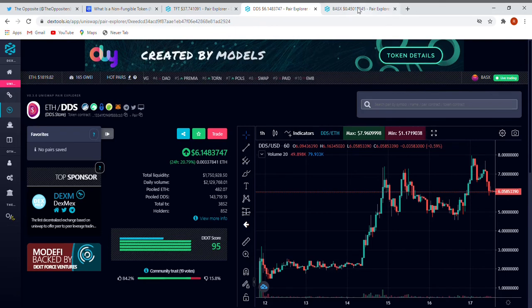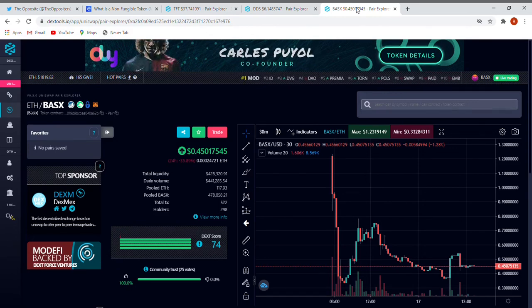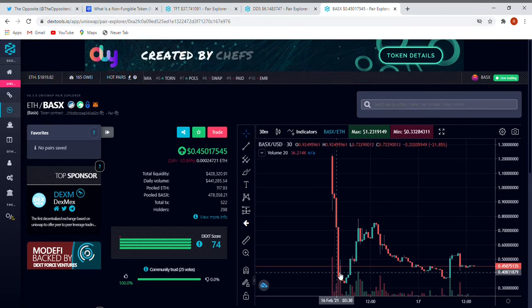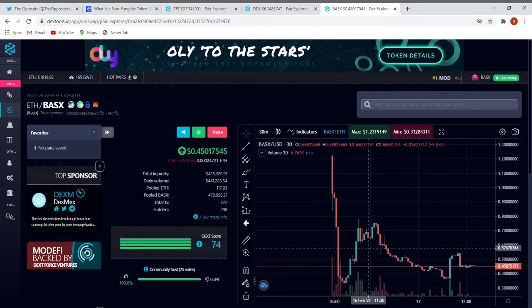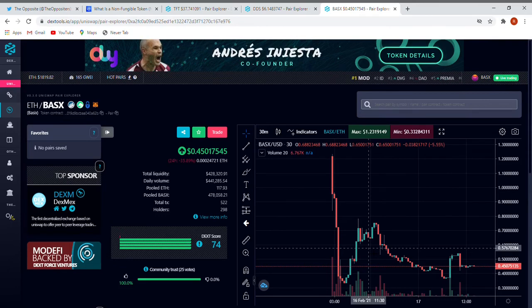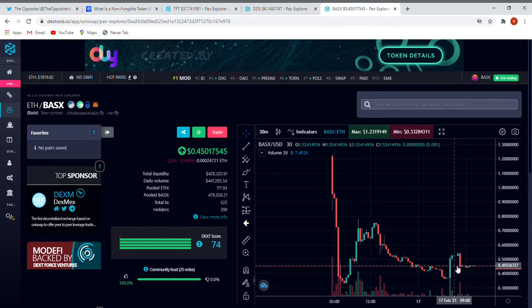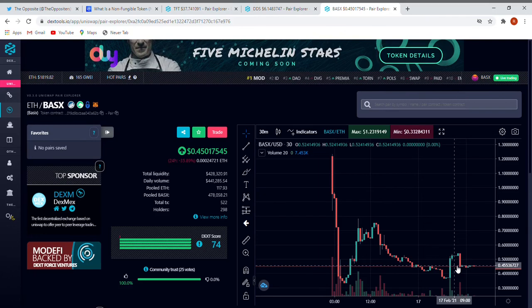This is not only pretty new, this is absolutely new. Started launch not even 24 hours ago. So very nice, pretty good. They had a rundown, so a big sell off right at the start, but like you can see, many people jumped on this bus, or better said train, however you want. And yeah, want to hold it, want to ride it. And I think this will pump massively back up, because the early investors will get one NFT for free, and that will be very interesting. I'm very excited how it will be. Join their site, have a look at it.